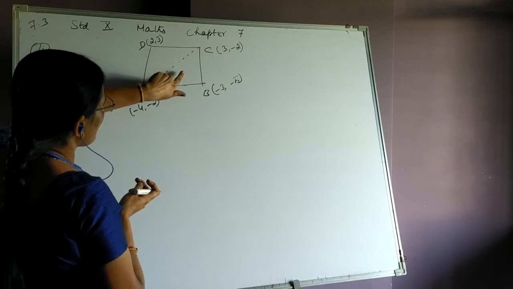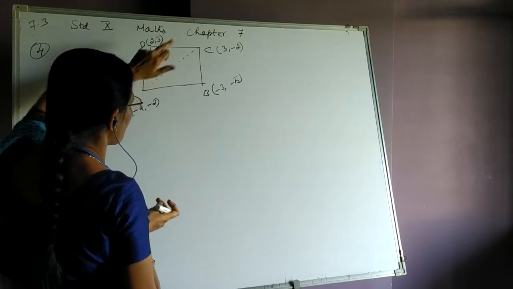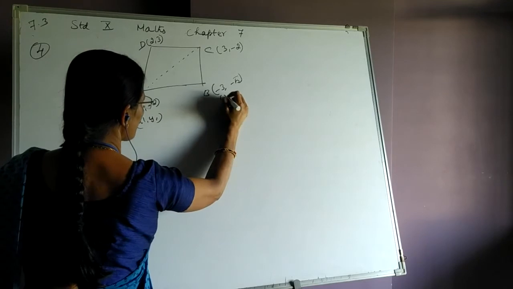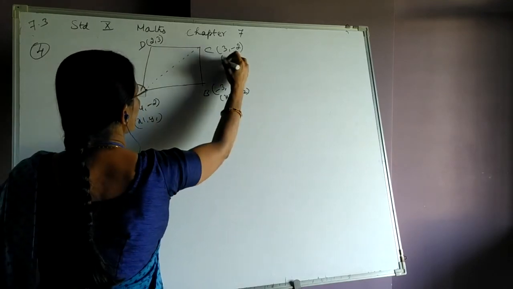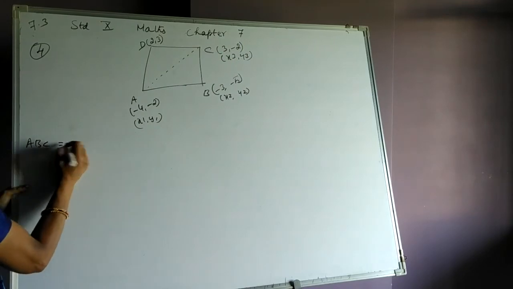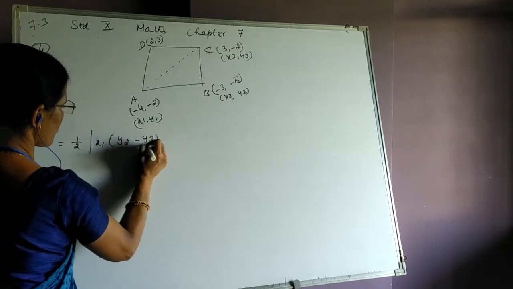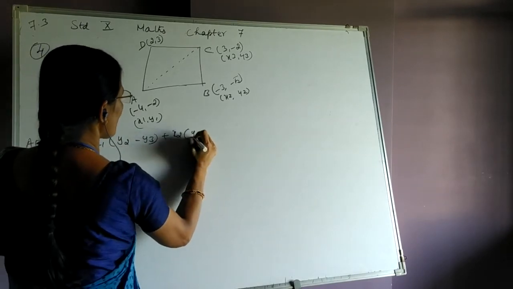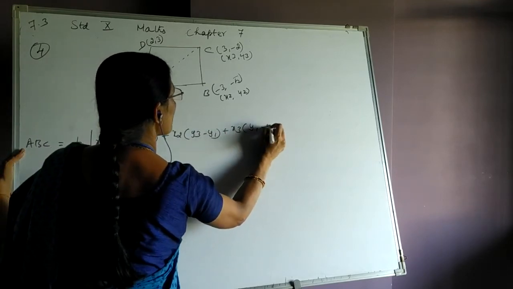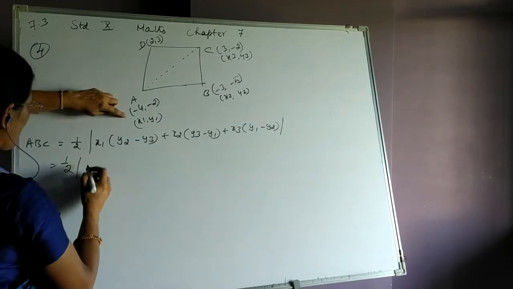Fourth question is, find the area of this quadrilateral. We don't have any direct formula to find the area of a quadrilateral. Of course, we have for the area of the parallelogram, trapezium, rhombus, rectangle and square, but not for any quadrilateral. So here we are going to draw any one diagonal. We can draw either AC or BD, any one diagonal. In that case, the quadrilateral is converted into two triangles. Get the area of this triangle and this triangle. Add these two areas, that gives the area of the quadrilateral.